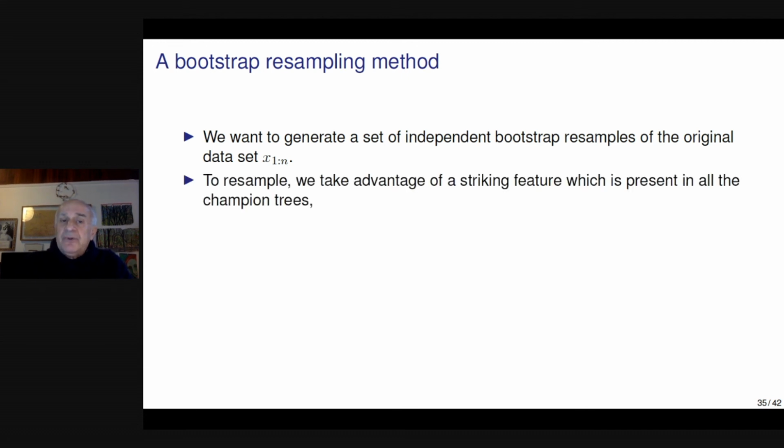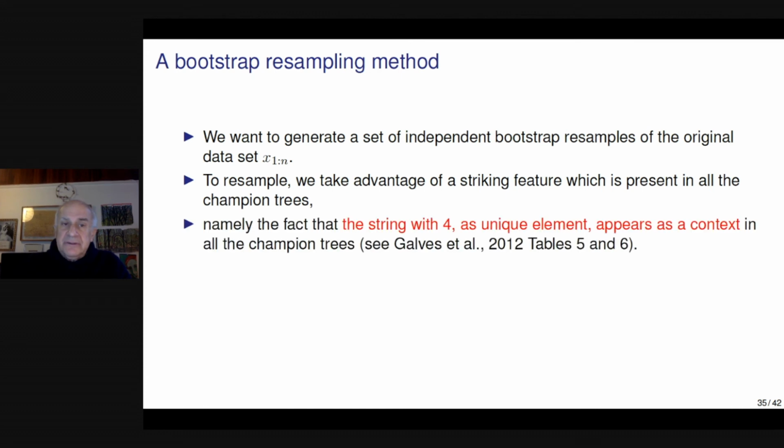To resample, we take advantage of a striking feature which is present in all the champion trees. Namely, the fact that the string with 4 as unique element appears as a context in all the